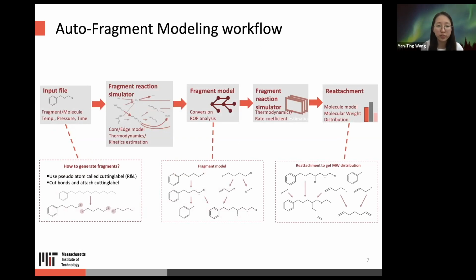And this is the workflow of AFM. Basically, it follows the same strategy as the normal RMG job. So the first step is to prepare the input file, which has fragments or molecules. And then it will use AFM and RMG to generate the fragment model. Once we have the fragment model, we can further use some simulators such as Cantera or Chemkin to help us do some post-processing calculation. And the final step is trying to resume the molecular information by doing reattachment so that